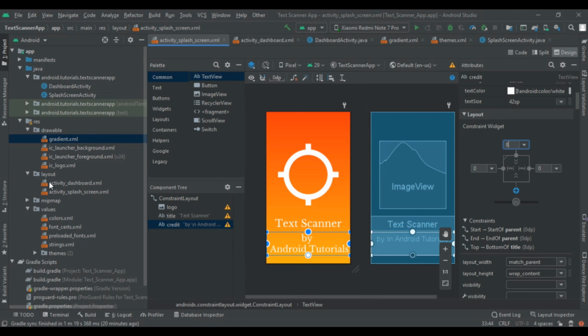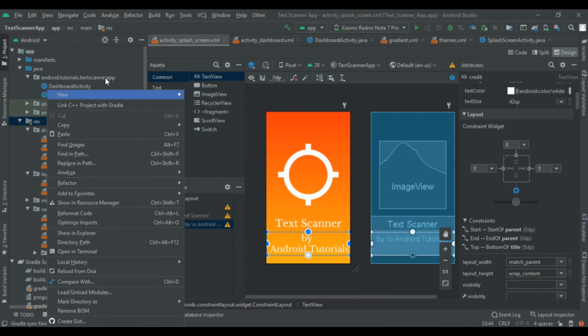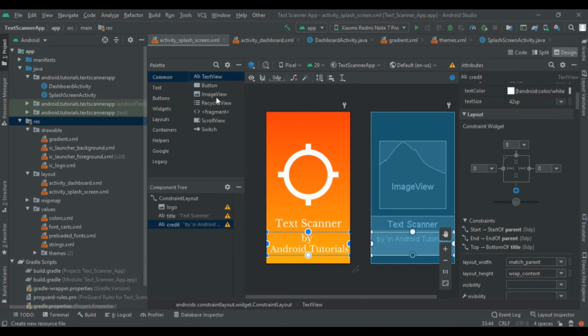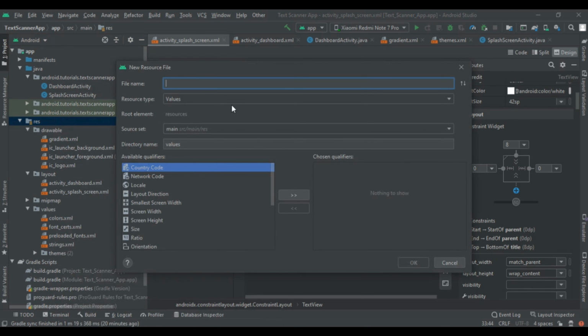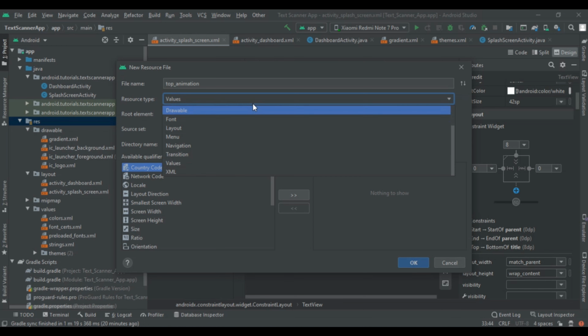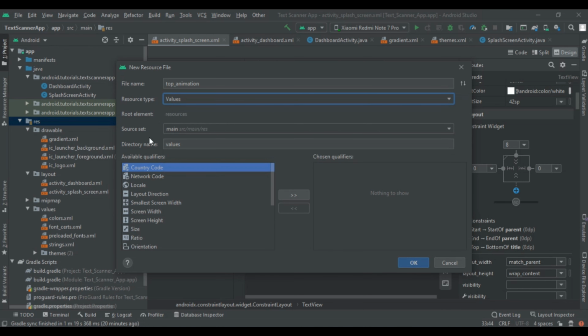So to create animation, right click on res folder, new, and Android resource file, then give a name as top underscore animation, and remove the resource type from value to animation. So this will not come like that, so we have to implement the directory first.